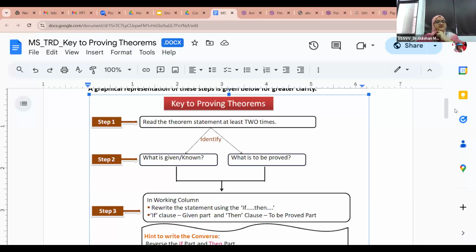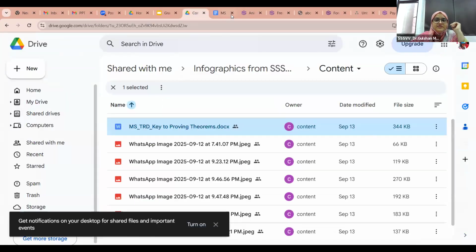Because theorems are a very complex part of science subjects and mathematics subjects, and when I was a student, I found it very difficult to prove a theorem, honestly. So maybe we didn't get good teachers like you in our childhood, but in this infographic, it has been explained how a teacher can help students to prove theorems. There are other examples also.